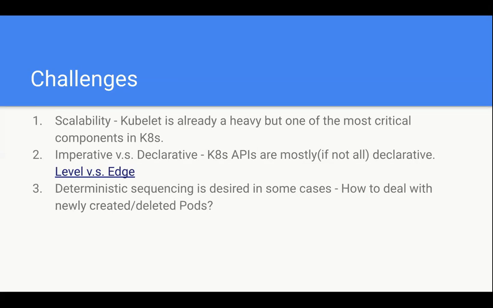And when you send a signal, for example, if you want to temporarily adjust the log level to debug, you don't want to leave it there forever, because that probably will write too much log into your system and make your disk full very soon. So how to deal with the newly created or newly deleted pod in the Kubernetes world remains a problem